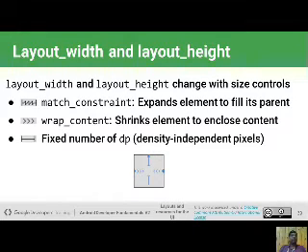When you define a size but you do not set the constraint according to it, then this type of space is shown. Second is wrap content, which shrinks the element to enclose its content. It means when you expand your component size but the constraint is smaller, then this type of figure is shown. If you set the straight line, it means your constraint and size are set according to what you want.